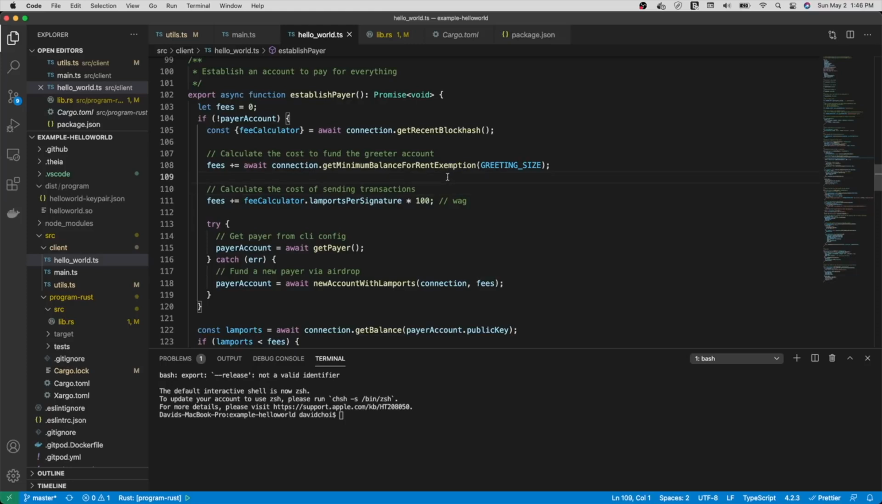Like I said before, you have the choice where you can either pay rent in order to keep your account alive on the network, or you can stake a higher number of lamports in order to not have to pay rent, not have your balance decrease, and just have your account remain on the network indefinitely. So in order to figure out what that amount would be,